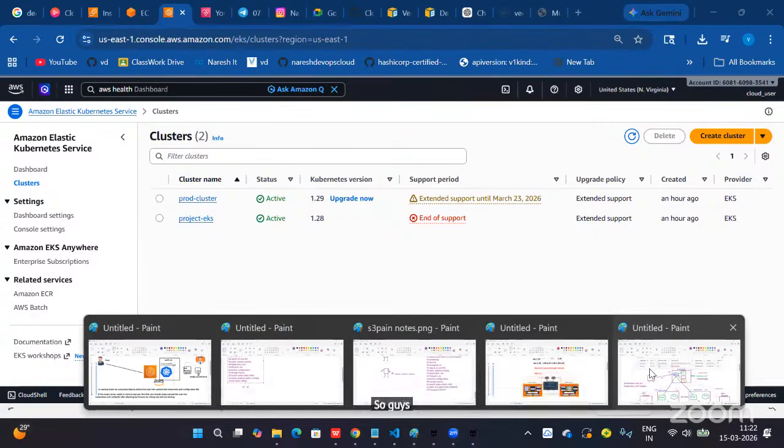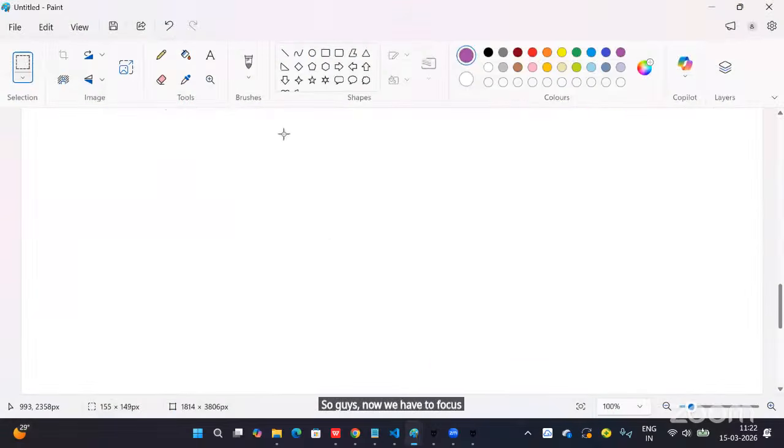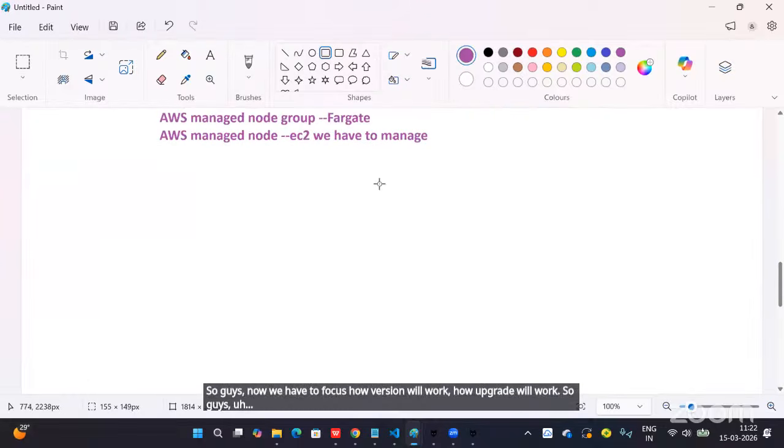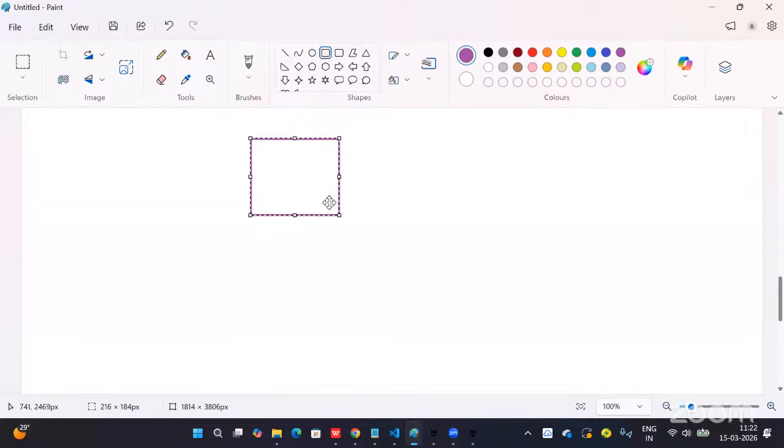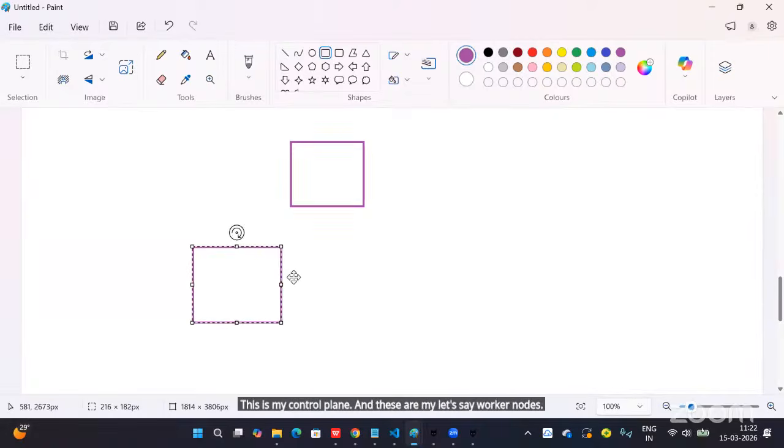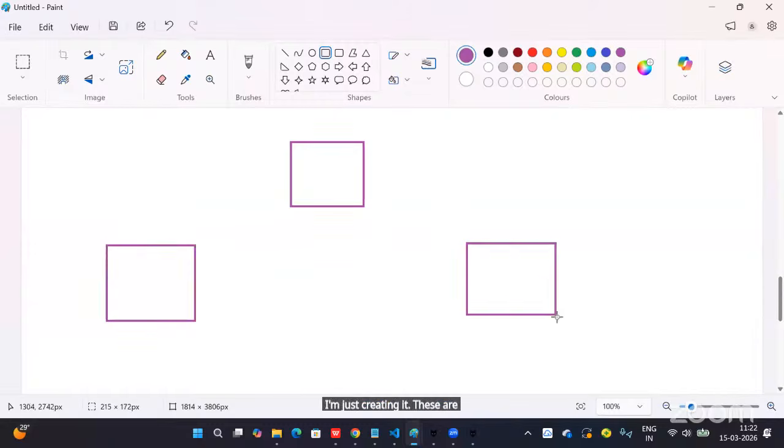So guys, now we have to focus on how versions and upgrade will work. So this is my control plane, and these are my, let's say, worker nodes. How exactly the process works in the background, I'm explaining, guys.